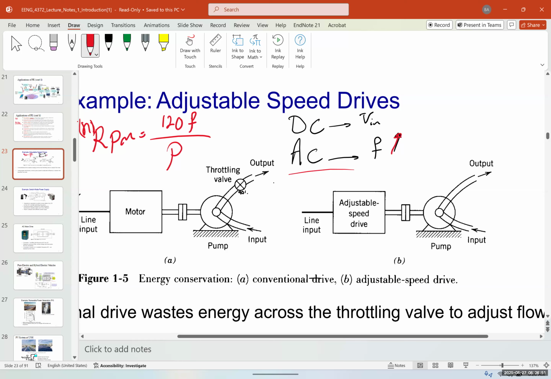Now, to do that, we use a type of inverter, and what we do is basically convert AC to DC, and then convert DC back with an inverter to AC. So we use a rectifier to convert AC to DC, and when we have a DC voltage, we use another inverter to convert DC back to AC. But with the second inverter, we would have a variable frequency. We can control the frequency